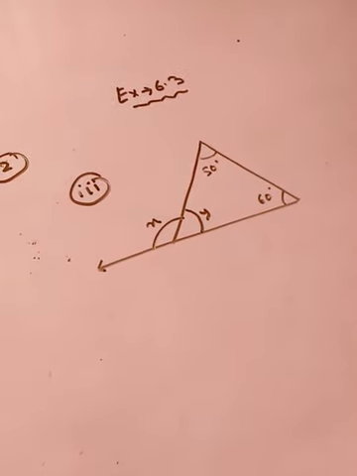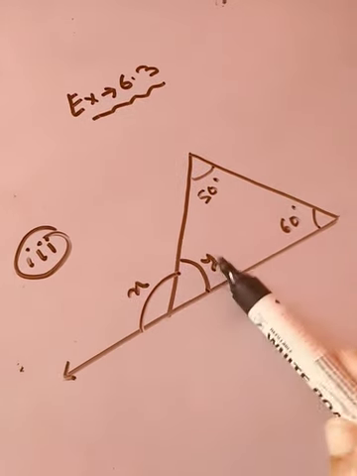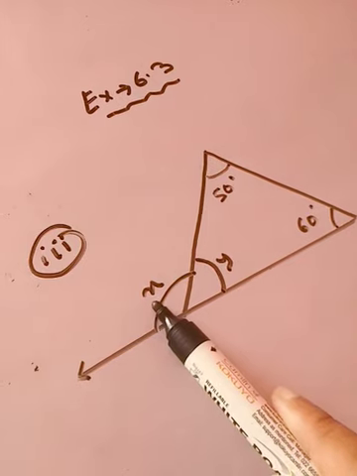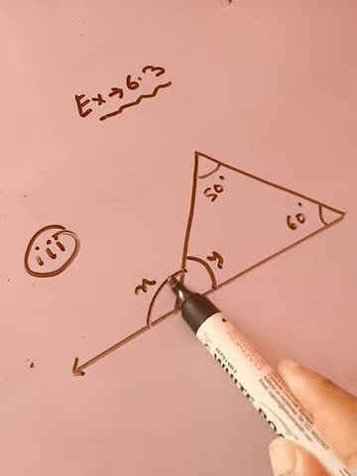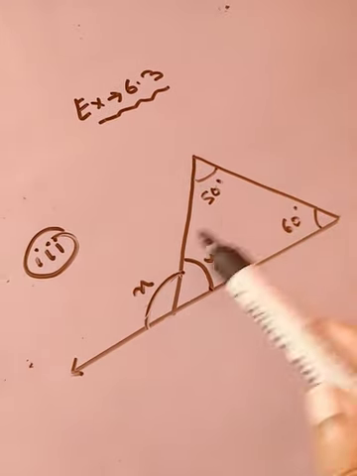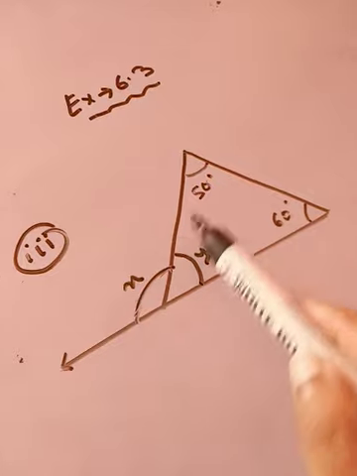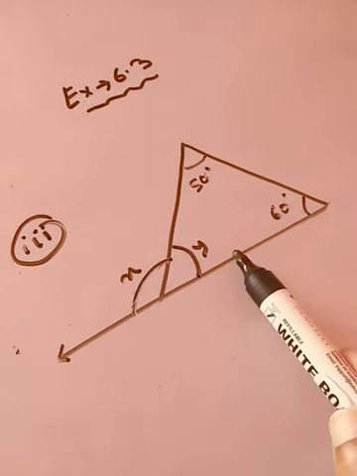This is sum number 3. Now according to the figure you have to again find the value of x and y. You can get the value of x with the criterion that the exterior angle equals the sum of opposite interior angles, isn't it? We studied this matter, that the exterior angle of a triangle is equal to the sum of the opposite interior angles. So in this way you can get the value of x and y.